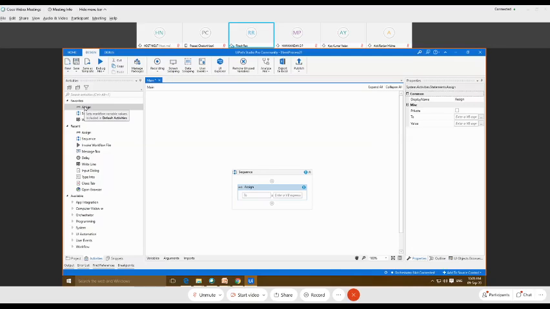So this is about the argument, that means how an argument basically works. It is used to pass the data from one workflow to another workflow. So this is all about the argument and how it is used to pass data from one workflow to another. This is the main difference between a variable and an argument: the variable is used to pass the data within a single workflow file, but the argument is used to pass the data between two different workflow files.